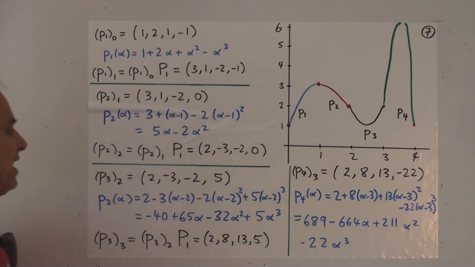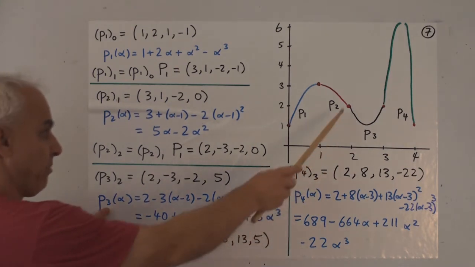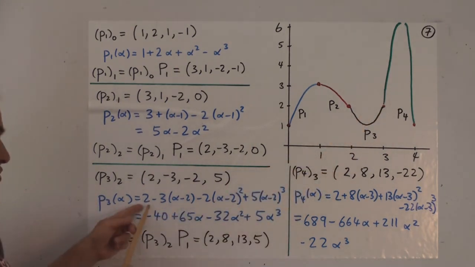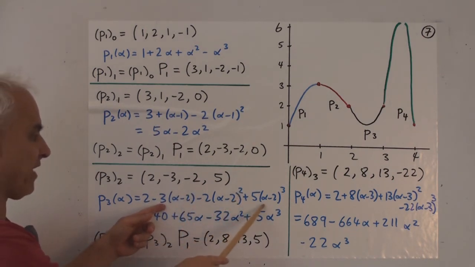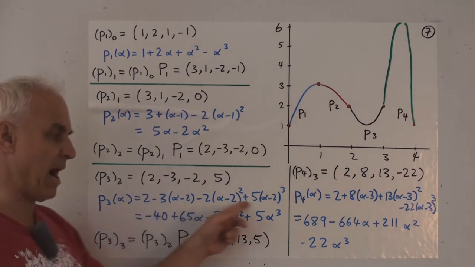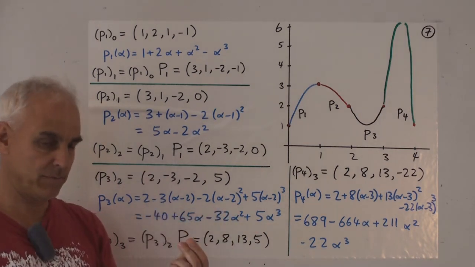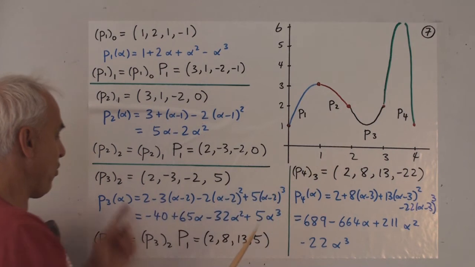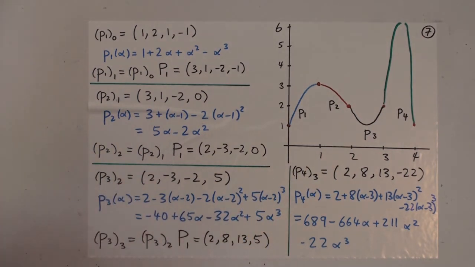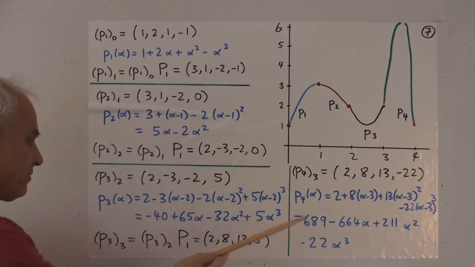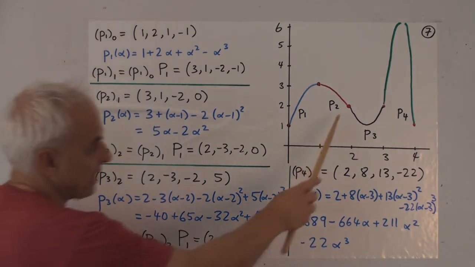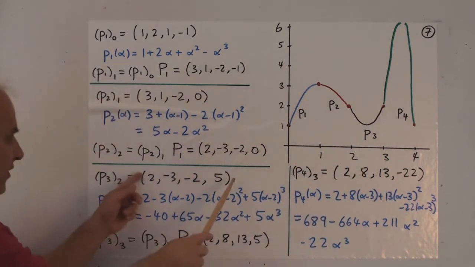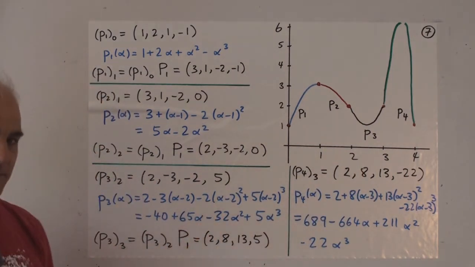And the meaning of this is that now this third polynomial in black here is actually 2 minus 3 (alpha minus 2) minus 2 (alpha minus 2) squared plus 5 (alpha minus 2) cubed. We're now talking about powers of alpha minus 2 because it's a Taylor vector at the point 2 that we're talking about. And if we wanted to, we could expand that out, and here's what the polynomial happens to be in powers of alpha. To get the next endpoint Taylor vector, we take this vector, multiply it by the same Pascal matrix P1 to get this one here.